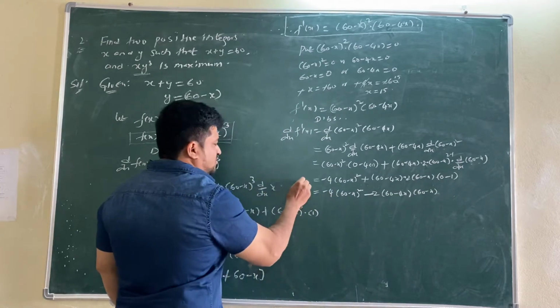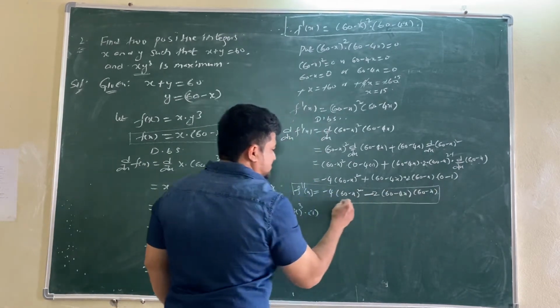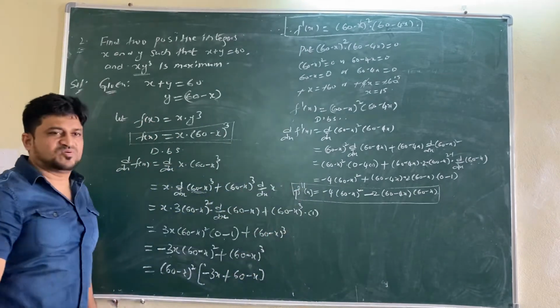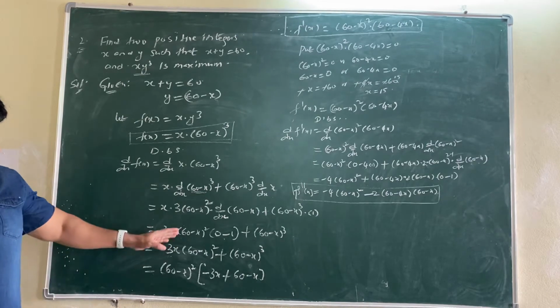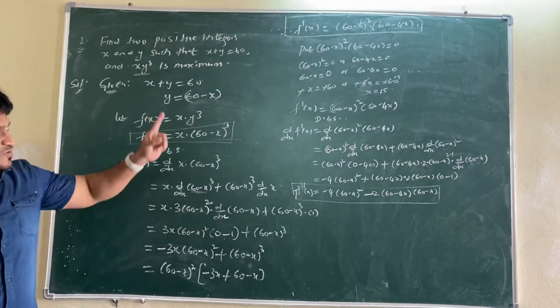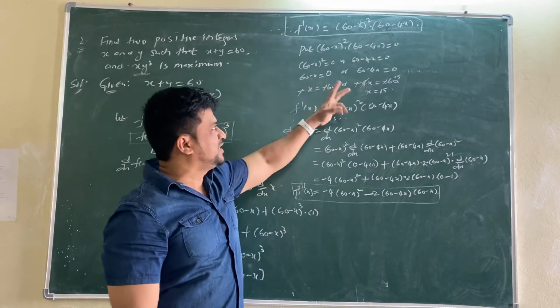See this one, those who are good at simplification, they can only do this. Remaining one you can't do. Without practice you will not get this one. UV form has inner functions and all. One equation we got f dash of x. Then subtracting f dash of x value equal to 0, making two parts.